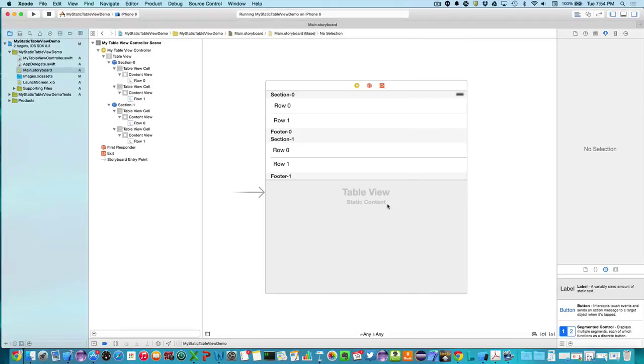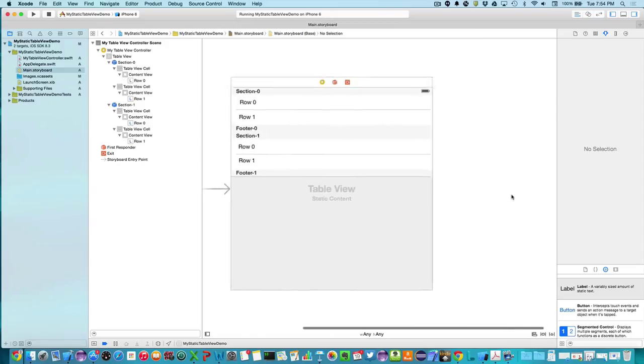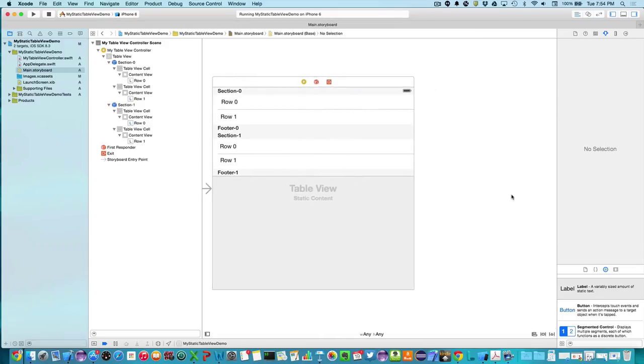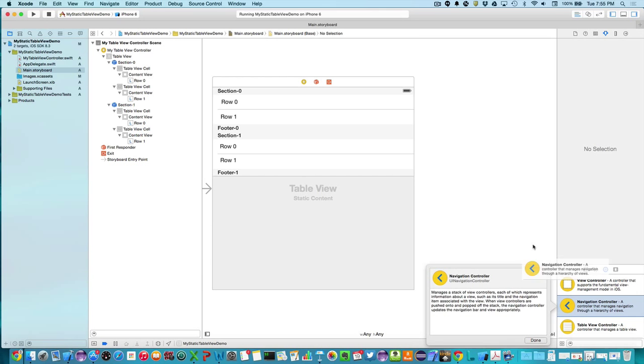So let's, I shouldn't have deleted that other view. Let's set up a segue here so that we can have this thing actually transition to another view controller and display the detail. Now, there's a couple ways we can get this view controller under the management of a navigation controller. The technique that I mentioned in the lecture notes is to simply go down here, find the navigation controller right here, and just drag it out here to the